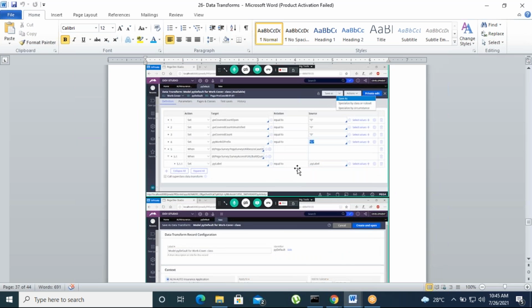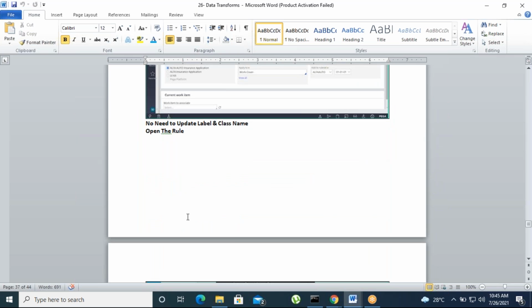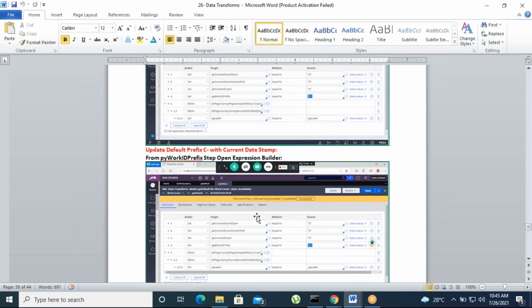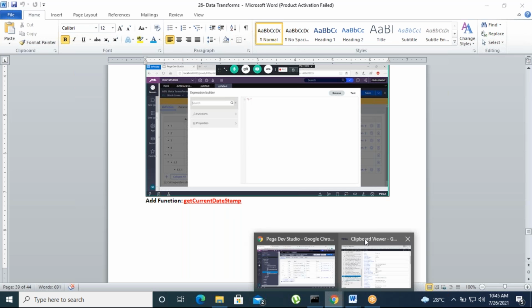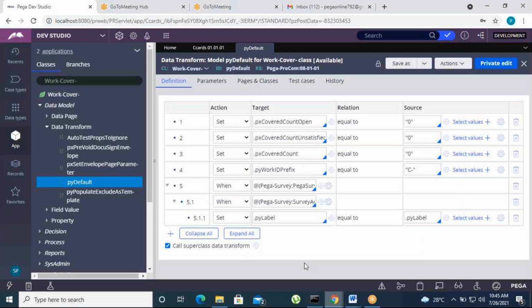And how do we build this? We have an out of the box function, getCurrentDateStamp. By using this function, we can change the prefix. So how to change this prefix, observe it now.